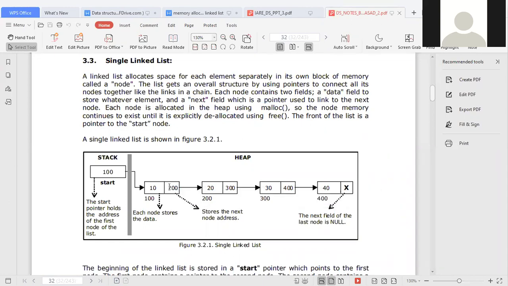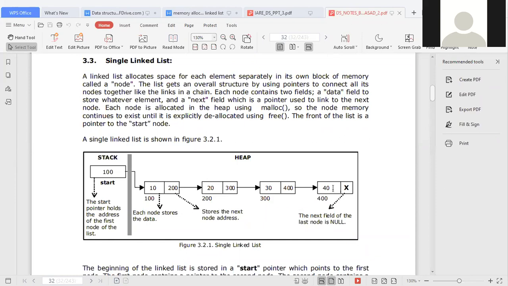200. What is the node? 200. Where it is? ఎక్కడ ఉంది? ఇదేనా? Yes, sir. This is the node 200 and it contains two portions. And what is this one? What is meant by 20? Node. Only node అంటారండి. So node is nothing but a combination of these 2 portions. ఈ రెండు కలిపితే నోడ్.